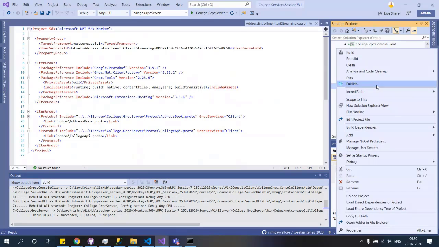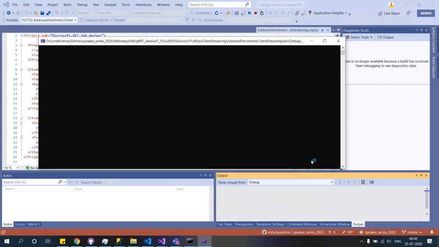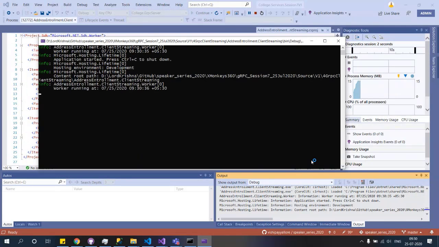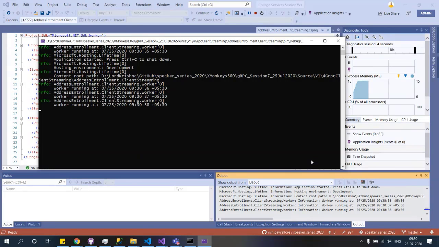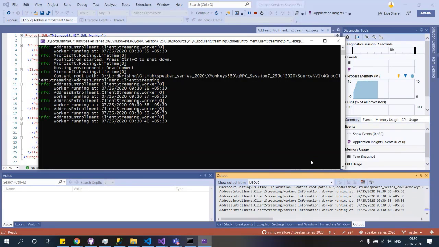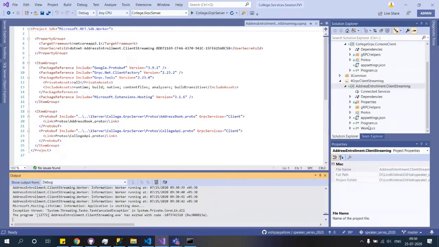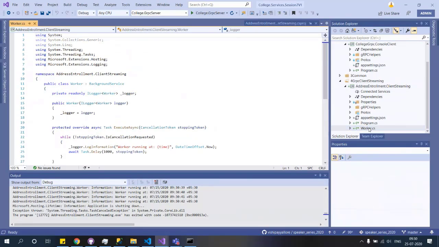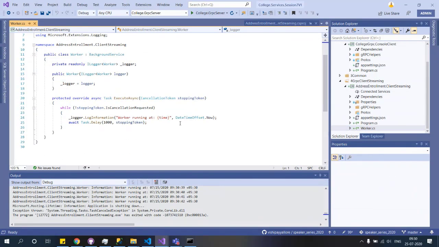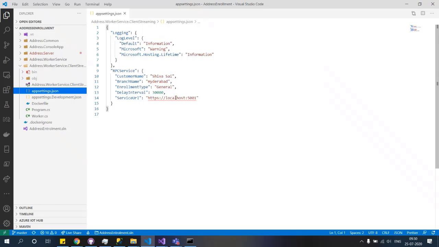Now we'll run this and see what is happening inside this worker service as of now. It's a plain vanilla worker service, and it just kicks in and writes a log entry. We'll take baby steps and go there. At this point of time it is taking 100 milliseconds, which means every second it goes and grabs that one. So I will add one line in the configuration.